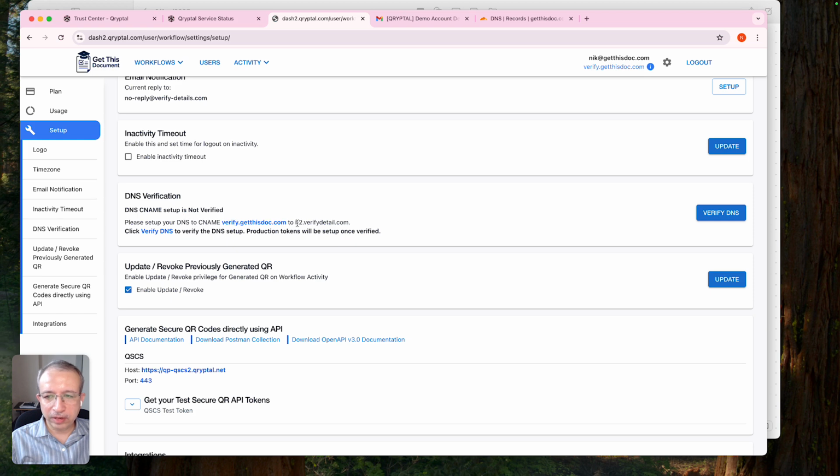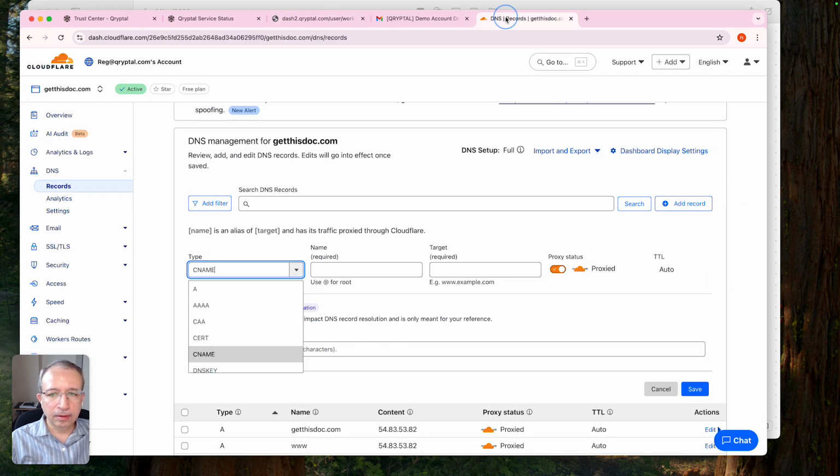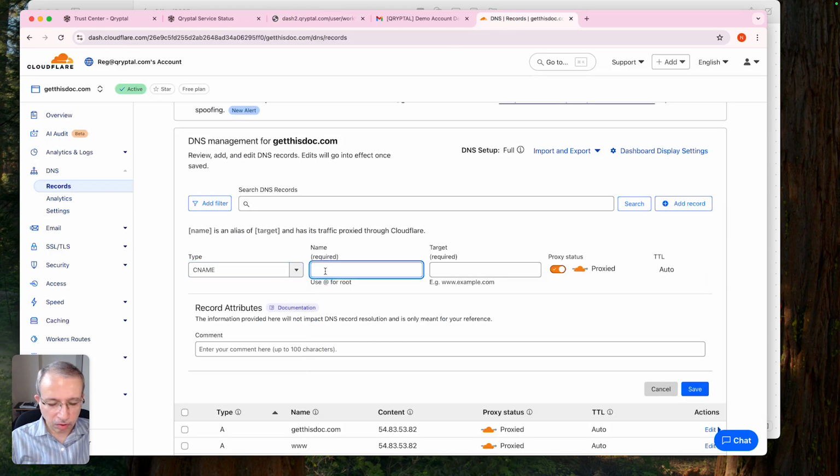CNAME to this. So I'll copy this. Now we want it verify.getthisdoc.com. So we'll put verify. It shows you here. This is the what, and the target is where, what do you want to set it to? And it will set it to